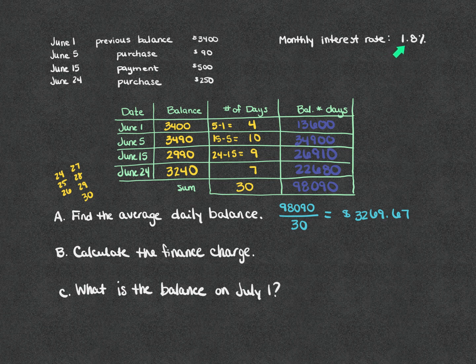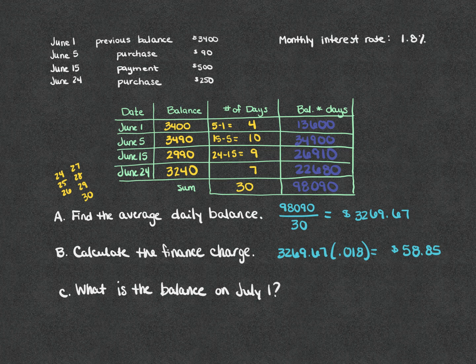So we need to find 1.8% of our average daily balance. If we take that average daily balance and multiply by 1.8% as a decimal, we will figure out that the finance charge, or the interest we have to pay for the month of June, because we didn't pay off our credit card bill, is